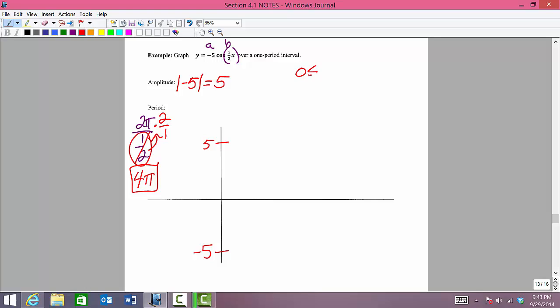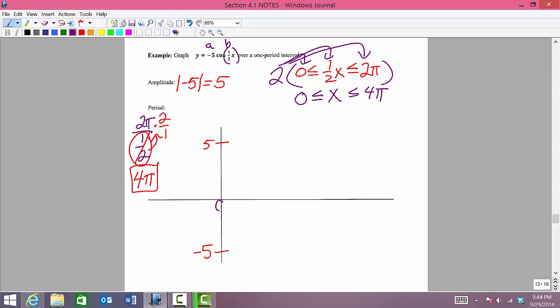If I want to see where I start and I end, we put the input of the function in between 0 and 2 pi. Solve for x, multiplying by 2 to all three parts of our inequality. I get 0 less than or equal to x less than or equal to 4 pi. So we will start at 0 and the graph will end at 4 pi as far as that one period